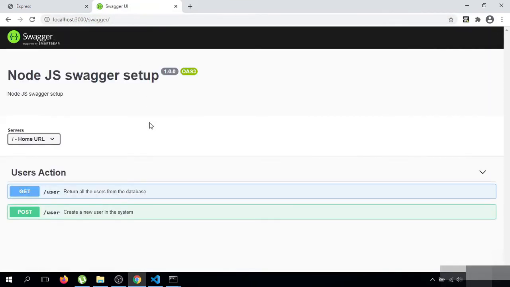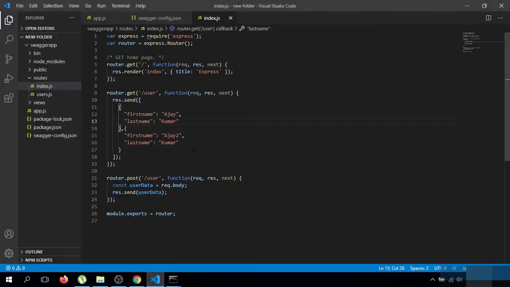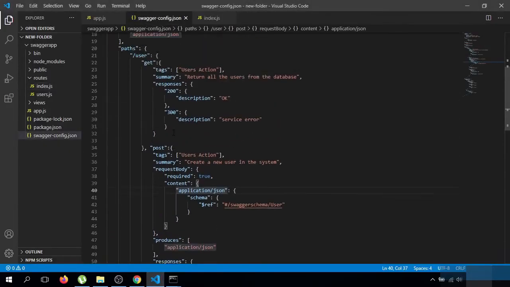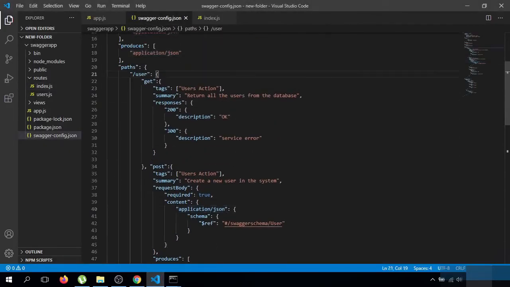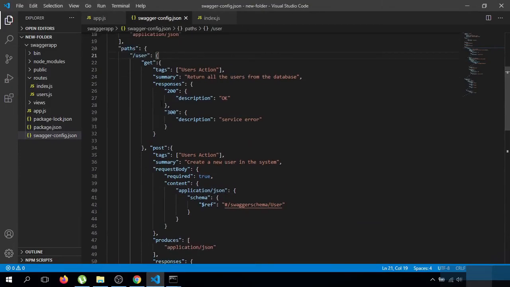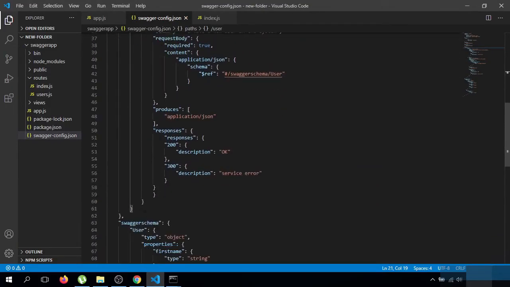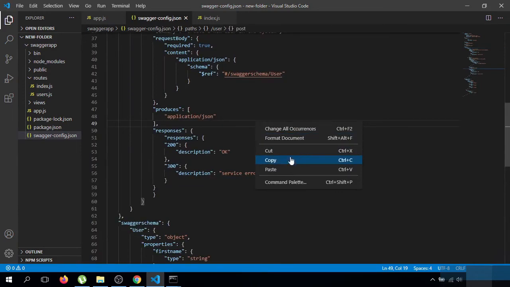Next step, I will show you how we can define parameterized URL.